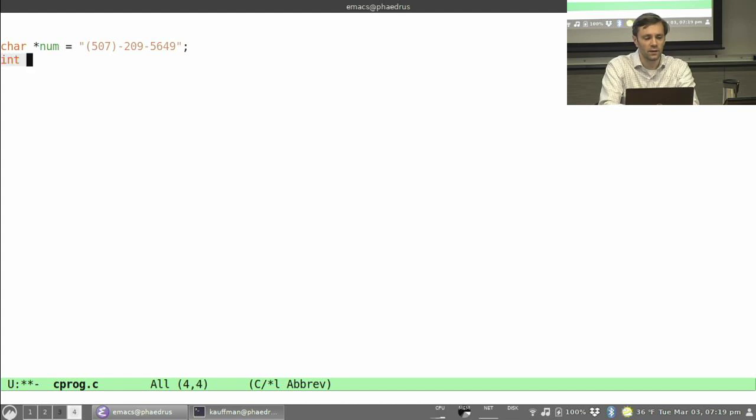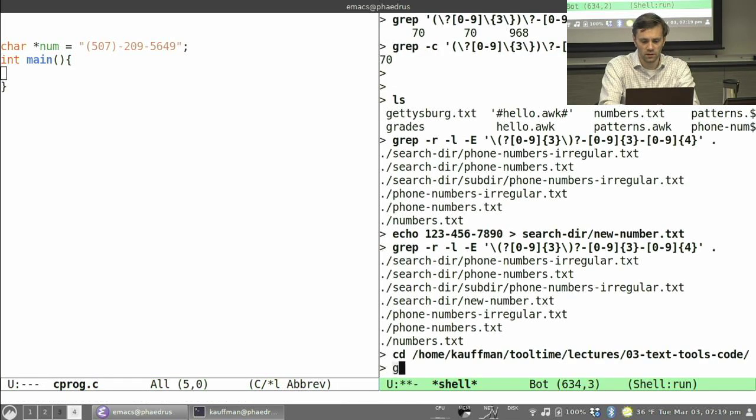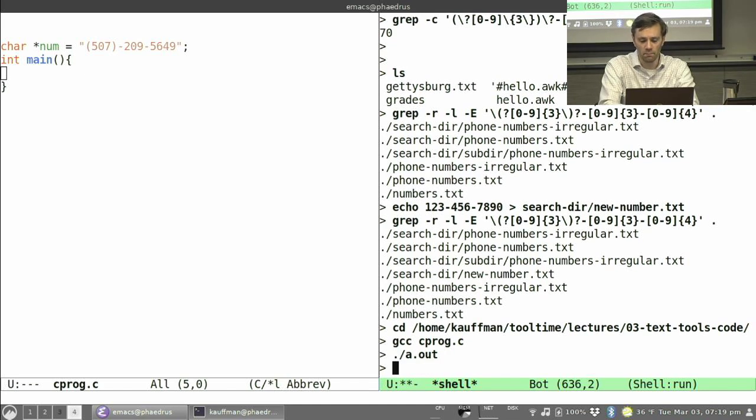And then a good old int main that does nothing. I think this will work. So if I gcc this cprog.c, that gives me an a.out. If I run that a.out, nothing good comes of it. But if you were to look at this a.out,